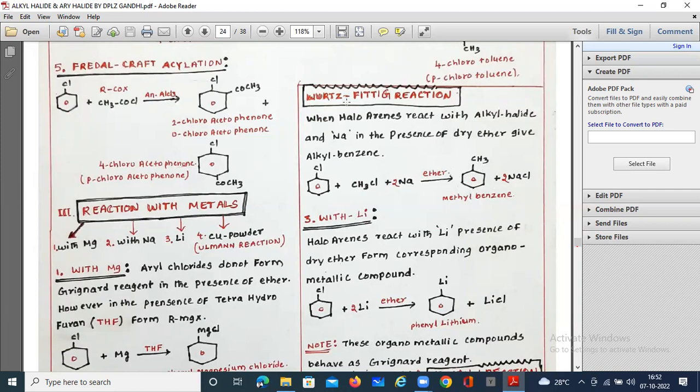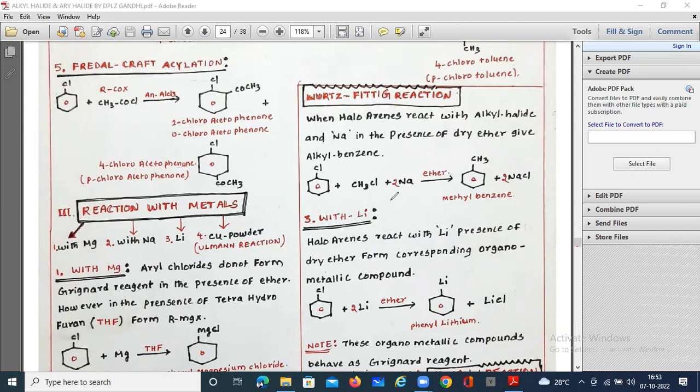Okay, that is the Wurtz-Fittig reaction, important from the IIT point of view and the board level. The Wurtz reaction, Fittig reaction, and Wurtz-Fittig reaction: at a time you need to practice them. Don't get confused. Once again I am saying, the Wurtz reaction, the Fittig reaction, and the Wurtz-Fittig reaction, you people need to practice on paper. Clear, beta? Next, go to the